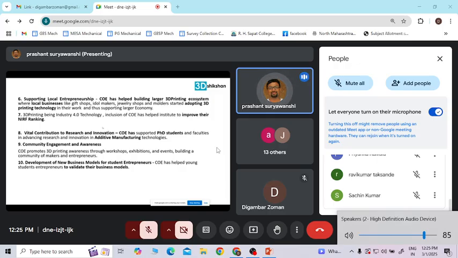Then the molders, because they may not be technically very sound, right? But there are a lot of applications. That's where you have to understand where to use 3D printing and where not to use it. Everybody is saying plastic injection molding may be okay for 10,000 plus components, but you need to give that industry the confidence that you are going to make that component rightly.